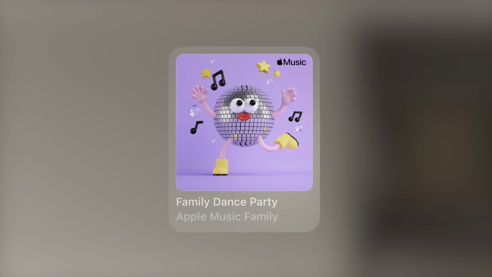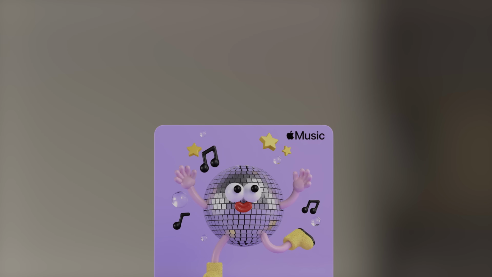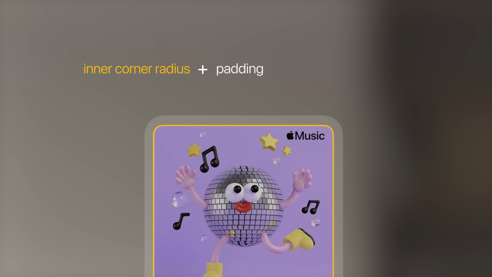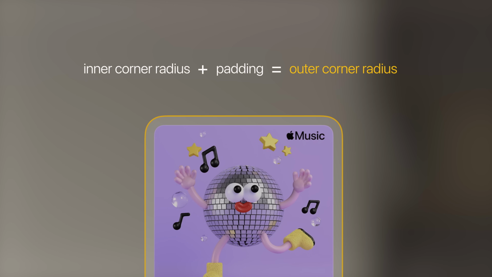Another thing to keep in mind is to ensure nested elements have relative corner radii and padding that keeps them concentric with each other. To help you figure out how to size your corners, you can use this simple formula. Corner radius of the nested element, plus the padding in between it and the outer container, gets you the outer corner radius. And remember, in order to keep your corners smooth, be sure to set them to be continuous corners. Throughout the system, every element is concentric to one another, starting from the relationship of the window to the elements in the corners. So remember to keep nested elements concentric with each other, as this will help them feel like they belong together.